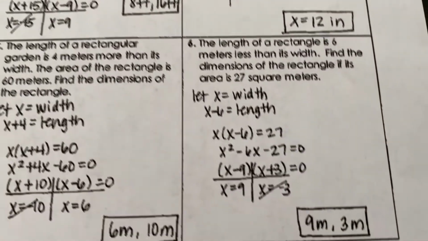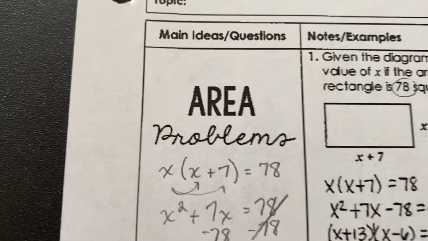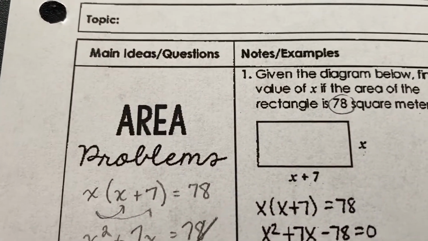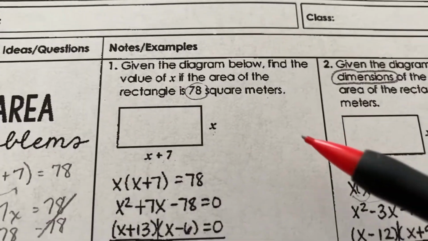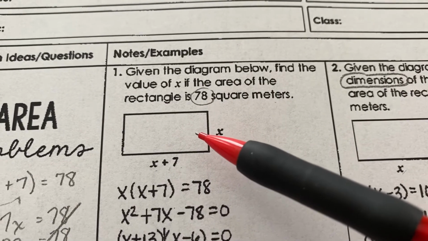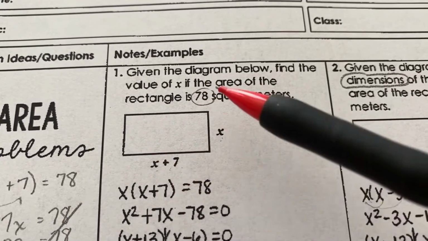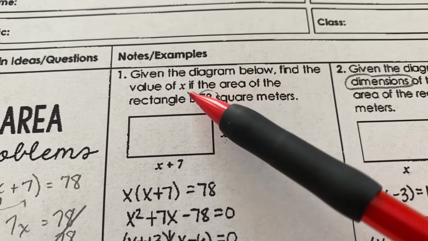Okay, this is page 66, and this is area problems. We're not going to be doing all of these problems, but we're going to try at least a few of them. So the idea here is, like for number one, we're dealing with a rectangle, and to get an area, you would do length times width, and in this case, it equals 78,